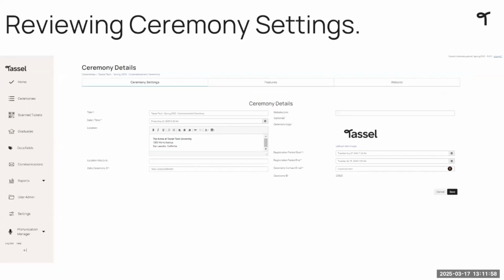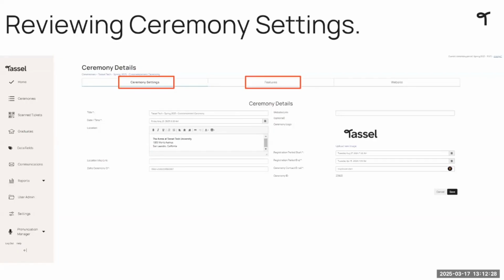The first page you will see is your ceremony settings page. This is a key source of information for the hub, as these sections can be pulled in as placeholders on other parts of the hub like email templates, stage passes, and guest ticketing. It is important that you review this information closely and don't forget to click Save at the bottom if you make any changes. You will also notice at the top 3 tabs to navigate through the ceremony: ceremony settings,